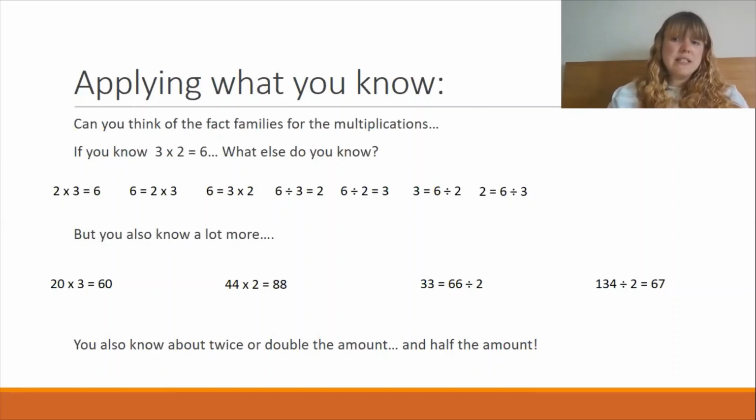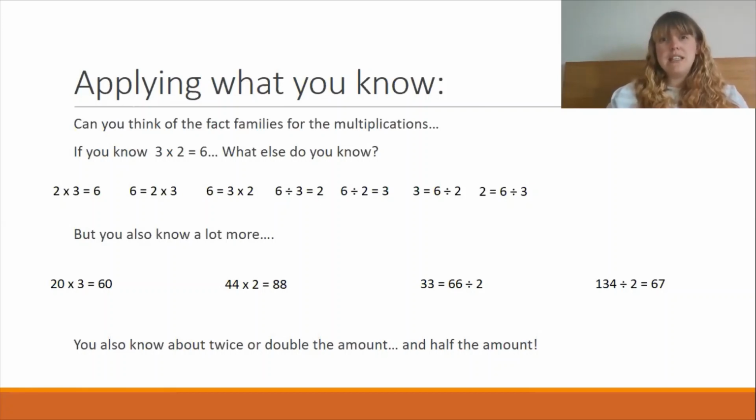Now, I've given you a range of examples here from different multiplications, but I just wanted to show you how much you know. So, for example, if you know that 4 times 2 is 8, you know that 44 times 2 is 88. It's amazing how quickly your knowledge builds up into bigger numbers. Can you use your fact families to come up with some of your own examples? It's really important that you don't just think about doing really, really big numbers, but that you also do